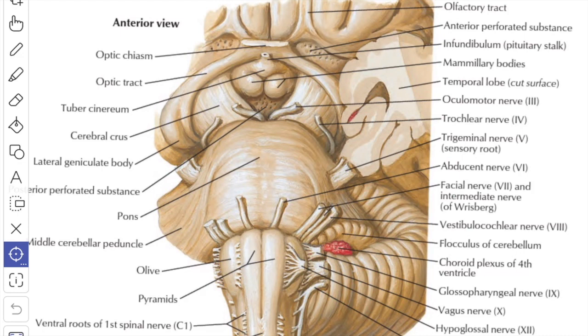So this is the ventral surface. The ventral surface of the midbrain presents the two crura cerebri, or the crus cerebri, or the cerebral peduncle, which emerge from the cerebral hemisphere and converge downwards to enter the pons, forming the posterolateral boundary for the interpeduncular fossa. The superficial surface of the crus cerebri is finely corrugated by the underlying longitudinal fibers.